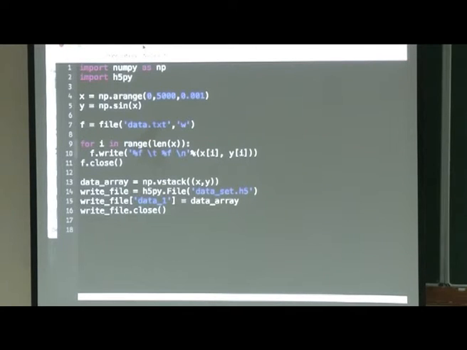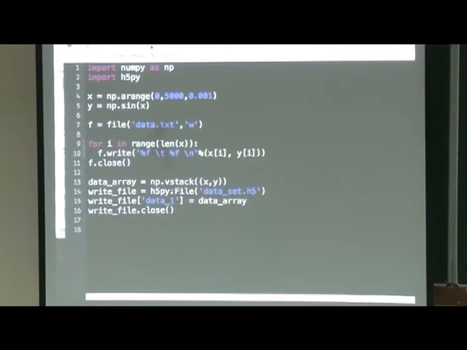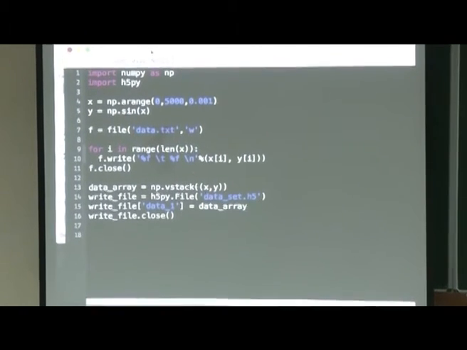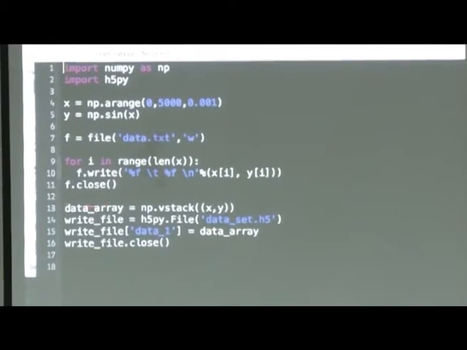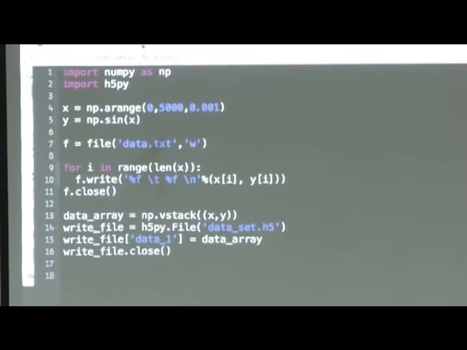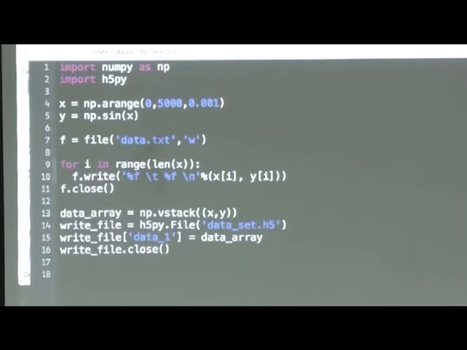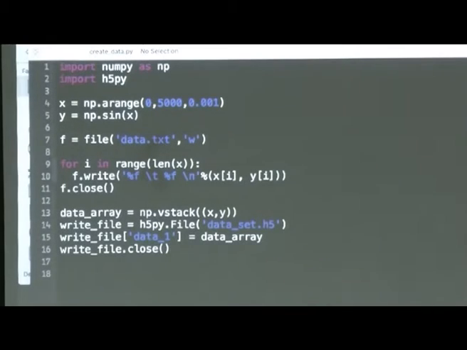Again I create f for data.txt and write it in this loop which I have explained earlier. Next, the same data is written in HDF5. I stack this x and y, write them in dataset.h5, data_1, this array is inserted over here, then close. So the same data is written in ASCII as well as in HDF5.